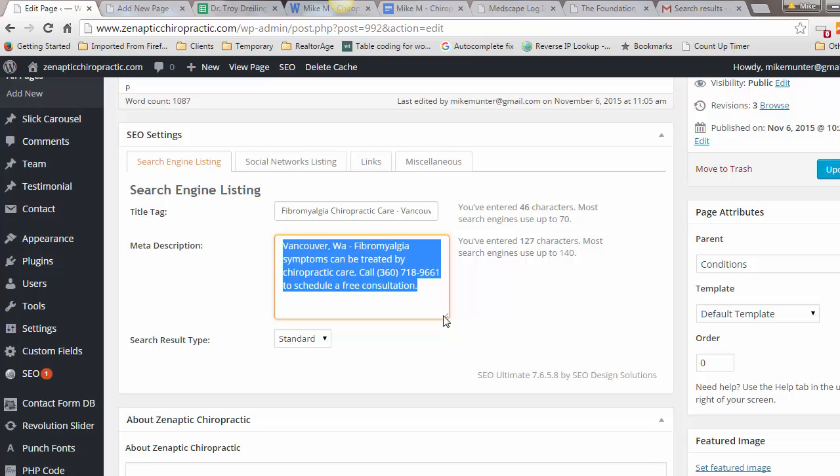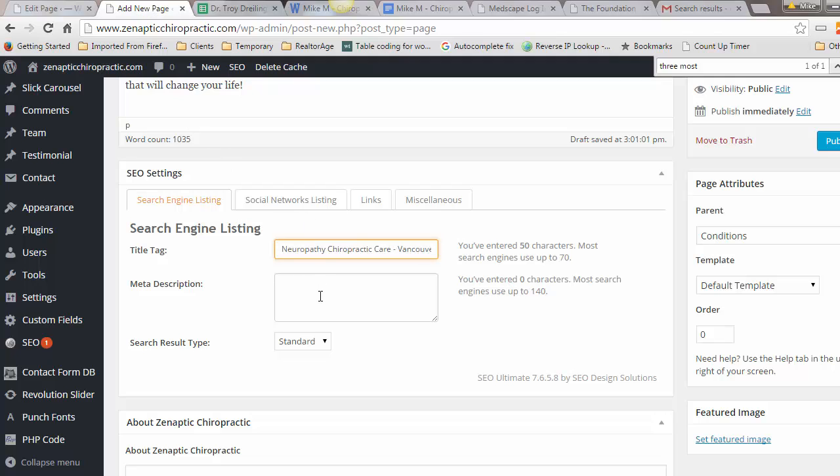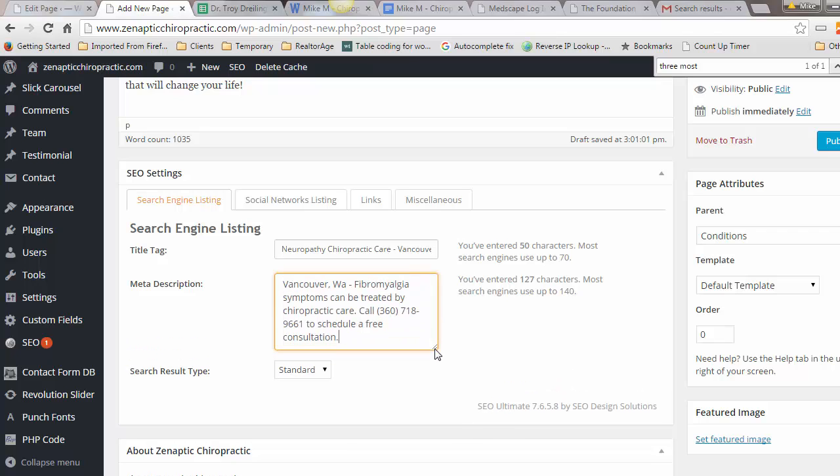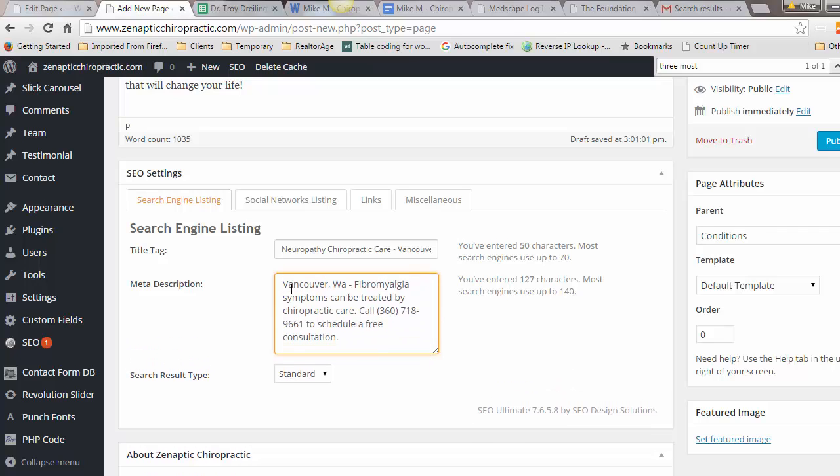I like to use descriptions because it helps with clickability. So if someone sees this in search results, we're going to reiterate the keyword, the location, the call to action, so that someone is more likely to click on this search result. So here we got Vancouver, Washington,